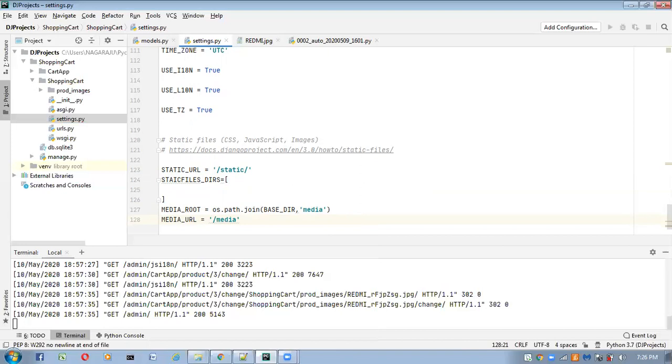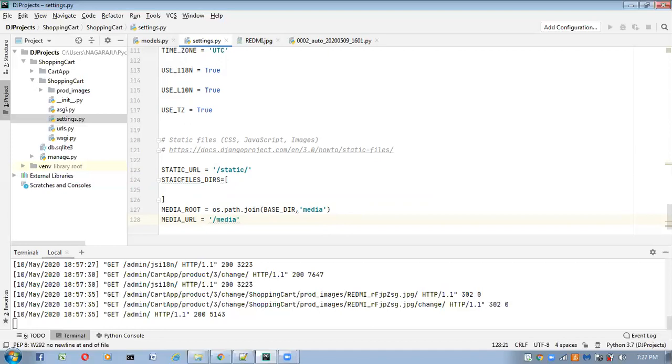So next, after doing these two settings inside the settings.py file, MEDIA_ROOT and MEDIA_URL, what is the next activity? Download this image and save it with whatever image name you gave, inside the media directory.